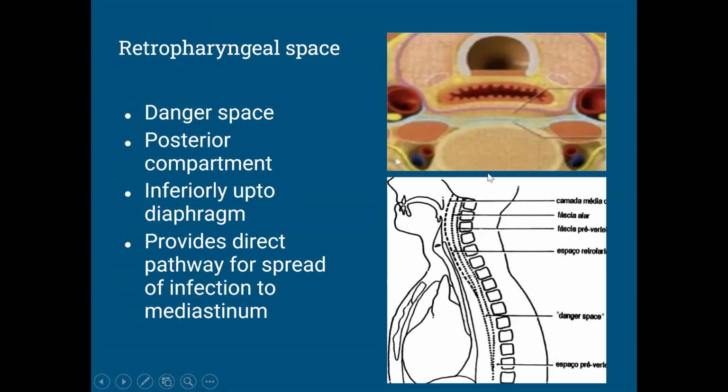Yeah. So in this diagram, we can see this thin line. You can see that's the alar fascia. Anteriorly, we have the true retropharyngeal space, and posterior to it, we have the danger space. The danger space is the posterior compartment, and inferiorly, the space extends up to the level